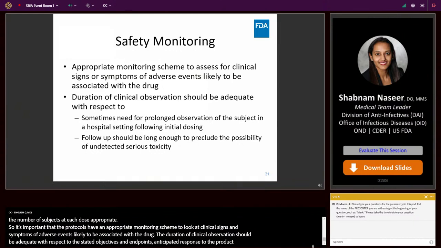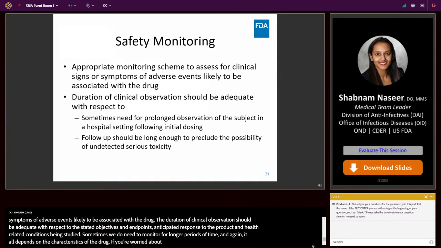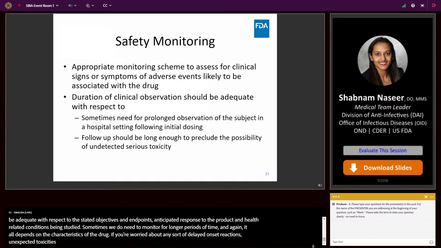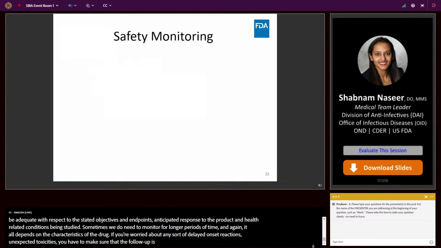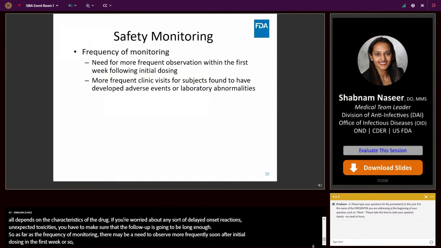Sometimes we do need to monitor for longer periods of time, and again, it all depends on the characteristics of the drug. If you're worried about any sort of delayed onset reactions, unexpected toxicities, you have to make sure that the follow-up is going to be long enough. So as far as the frequency of monitoring, there may be a need to observe more frequently soon after initial dosing in the first week or so, and certainly you would need follow-up visits for subjects who develop adverse events